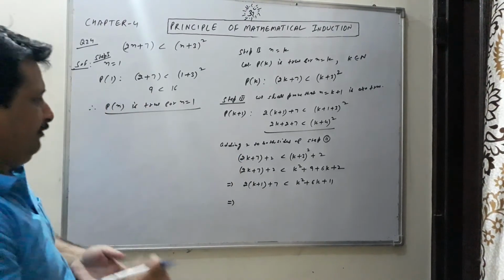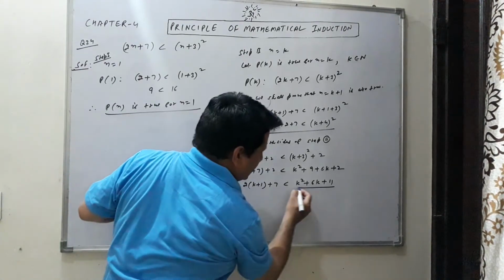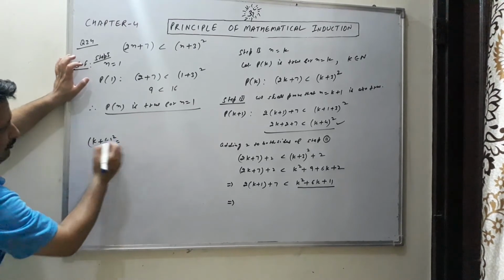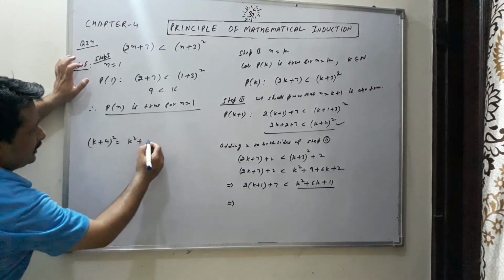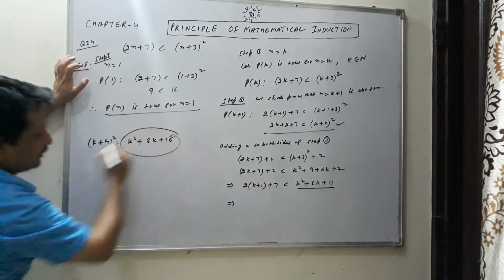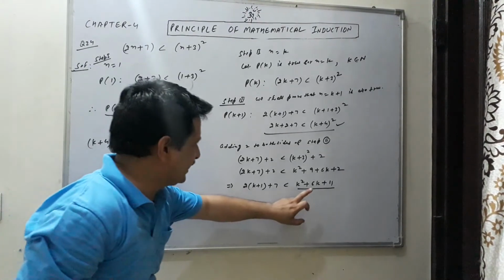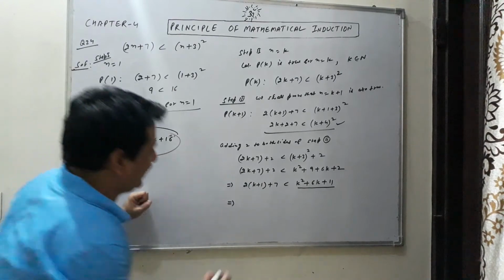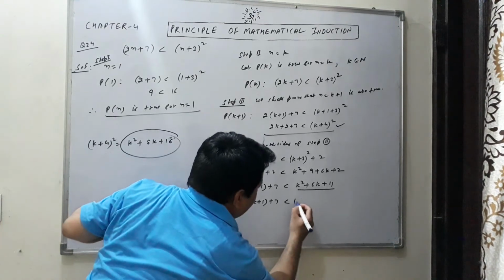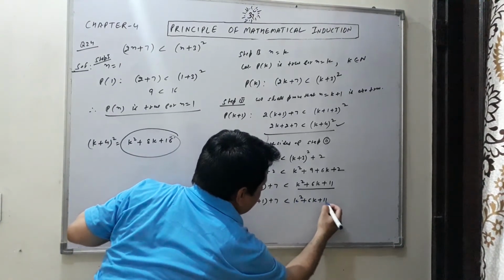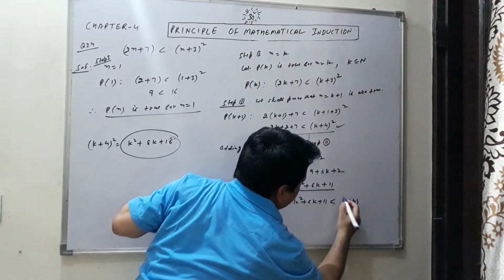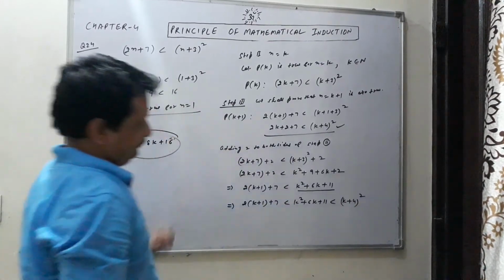Now here, if you see, students, if you check this and that one, k plus 4 whole square, if you write it, it will come as k square plus 8k plus 16. Now we have to compare these two, students. If you see, this is less than that one, means we can write 2 into k plus 1 plus 7 is less than k square plus 6k plus 11, which is less than k plus 4 whole square.